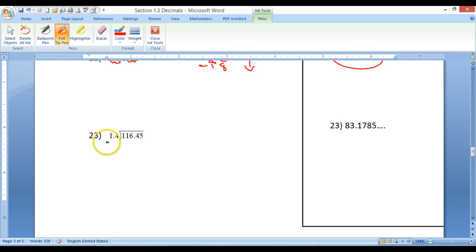Notice I have a decimal on the outside. What did we have to do? We have to move it over, making that a whole number. So in doing so, that number is really 14. There we go. Okay, and because I can't just move things over, I have to keep things balanced. So I need to make sure this underneath also moves over the same number of times, one place value. So this is really